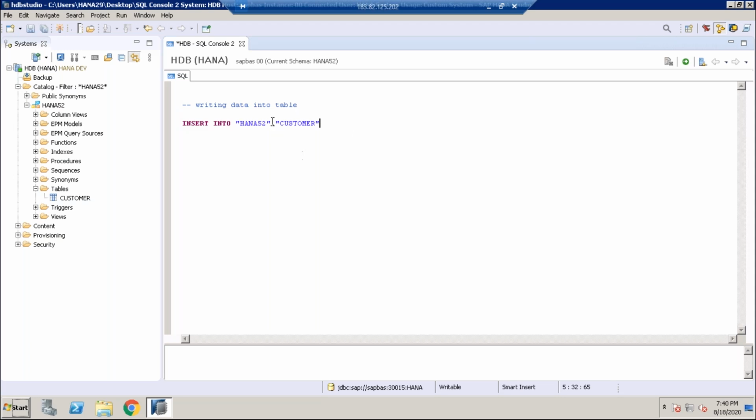But in one schema, you cannot have two tables with the same name, customer table. So that's why schema name dot table name is always unique. And in HANA 52 schema, you cannot have another customer table. Maybe in HANA 51 schema or HANA 50 schema, you can have the same customer table. That's why schema name dot table name is always a unique identification. So insert into this table